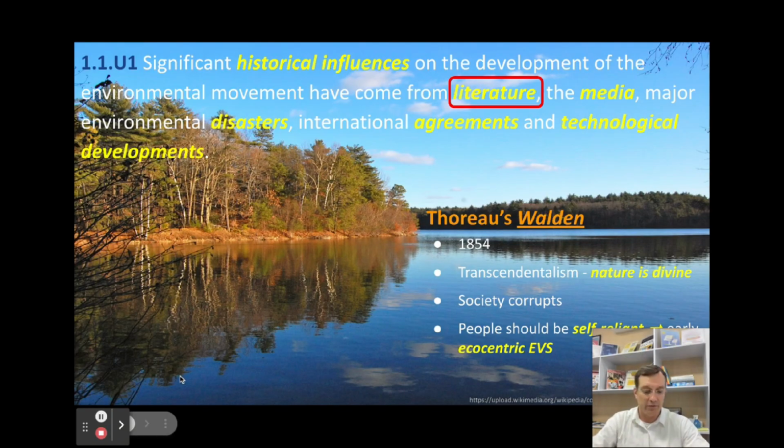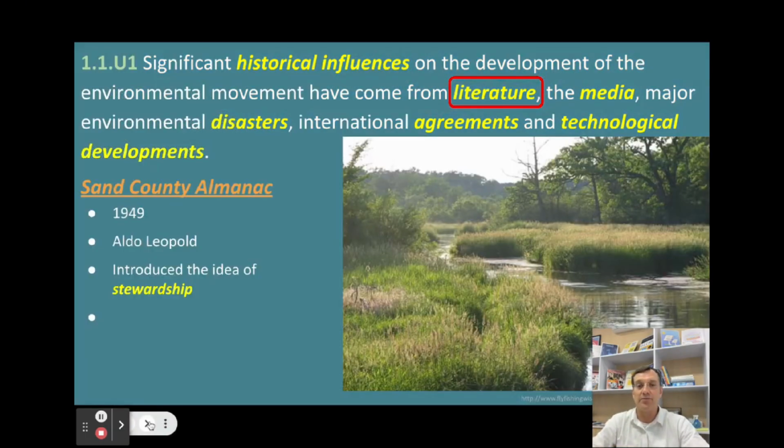So we'll begin with some things from literature. In the mid-1800s, Henry David Thoreau's Walden introduced this idea of transcendentalism, that nature is divine. And he clearly promoted what we call a self-reliant, soft ecologist, that's an ecocentric or earth-centric environmental value system. Other literature was Aldo Leopold's Sand County Almanac in the mid-20th century, which introduced this idea of human stewardship